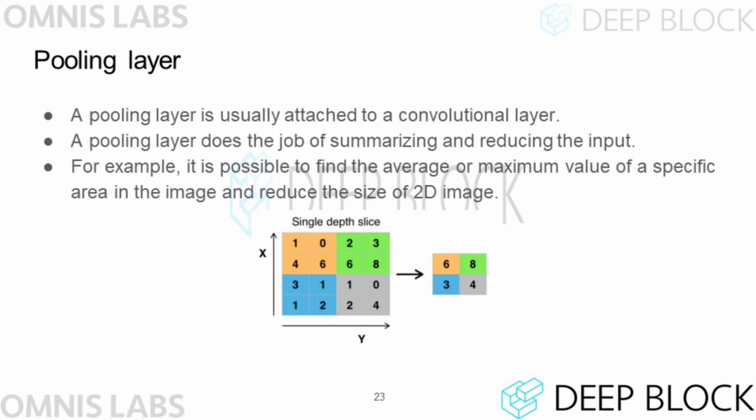The pooling layer is mainly attached after the convolutional layer to reduce the size of the incoming data. In the pooling layer, input data is sliced, and then the data in the slice is reduced to one value. This value can be set as the largest value in the slice, or as the average of the values in the slice. A new output is then created with the values of the slices.